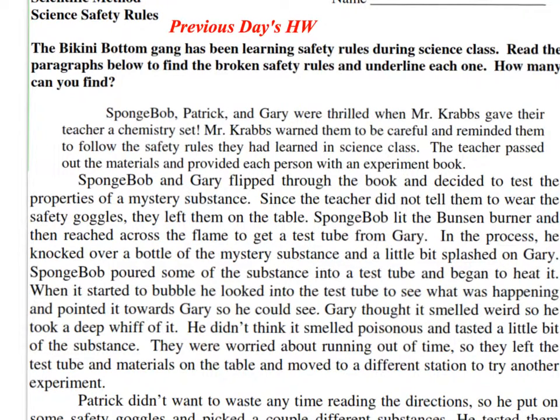So this reviews your homework from yesterday about the science safety rules. Okay, you had to find 18 broken safety rules and underline each one. The first mistake is since the teacher did not tell them to wear the safety goggles, they left them on